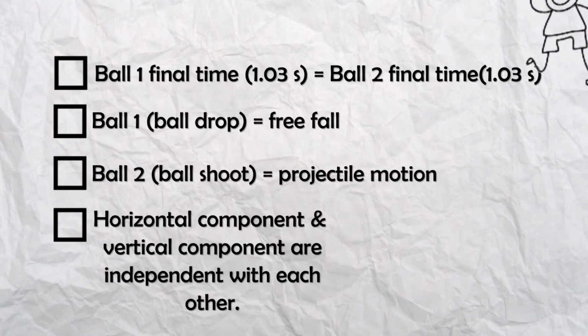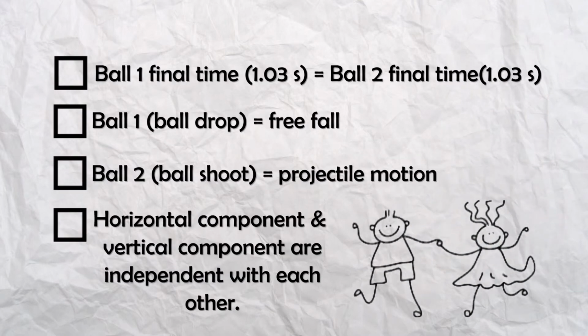Conclusion. Through this, it can be concluded that both balls reached the ground at about the same time. Also, since ball 1 had no horizontal velocity, it can be compared to free fall. And since ball 2 had both a horizontal velocity and a vertical velocity, it can be compared to a projectile motion. Finally, using the graphs and data obtained, it is safe to say that both the horizontal and vertical components in the projectile motion are independent of each other, as the horizontal component in ball number 2 did not affect its vertical component, which then rendered the same final time with ball number 1, which had no